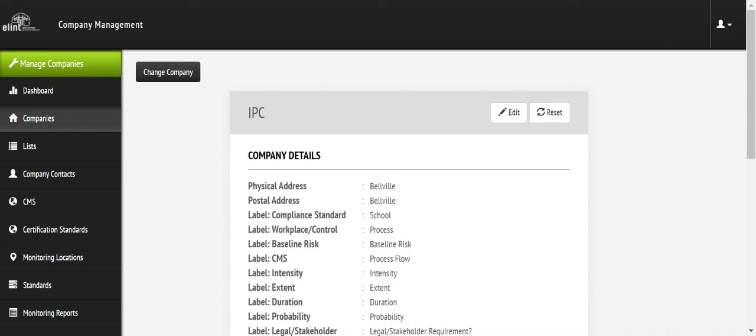The purpose of today's recording is to explain to the construction industry how they can apply Elint to manage health and safety on site. And the specific scenario we're going to look at is how would a principal contractor benefit from using the software? The contractor you see in front of you, IPC, is a live site that we're going